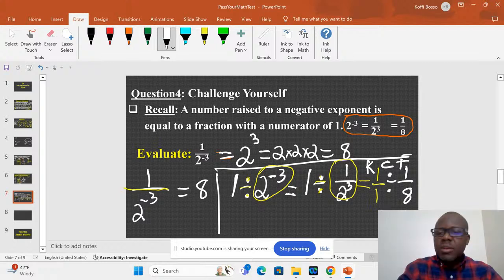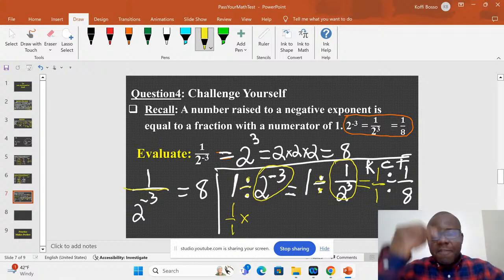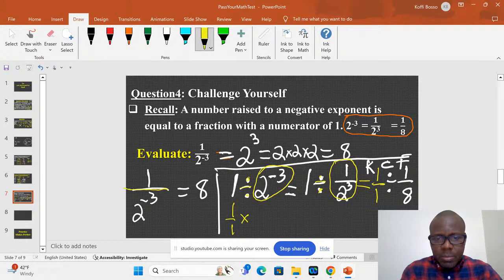That means what? I keep 1 over 1, okay? So I keep this 1 over 1. Instead of a division, I will do multiplication. And instead of 1 over 8, I flip it. Flip it here means you switch: the numerator becomes the denominator and the denominator becomes the numerator. So I have 8 over 1. Okay, therefore,